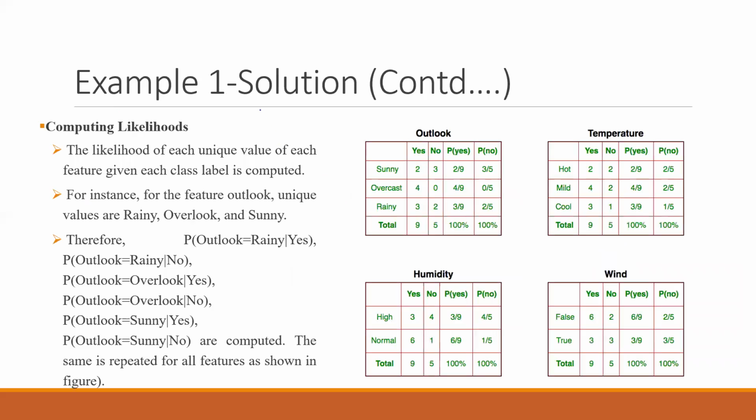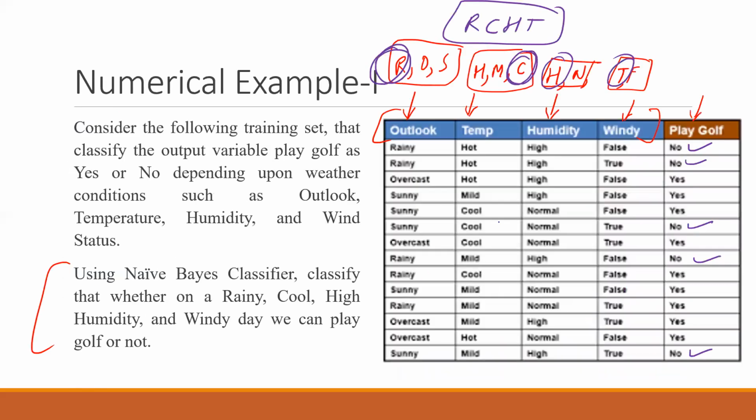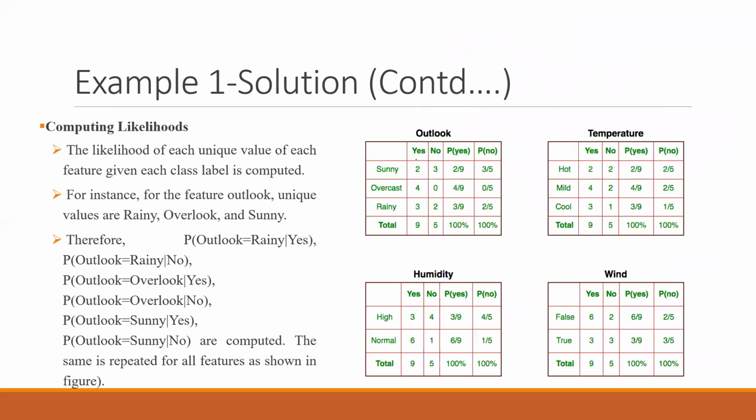Now, quickly calculate the likelihood values. We will make the tables for the outlook. If you focus on outlook, for sunny, there are 3 sunny here, this one 4, this one 5, and correspondingly you have different values. You have 2 yes, 1 no, here 1 yes and 1 no. So there are 3 yes and 2 no's for sunny.